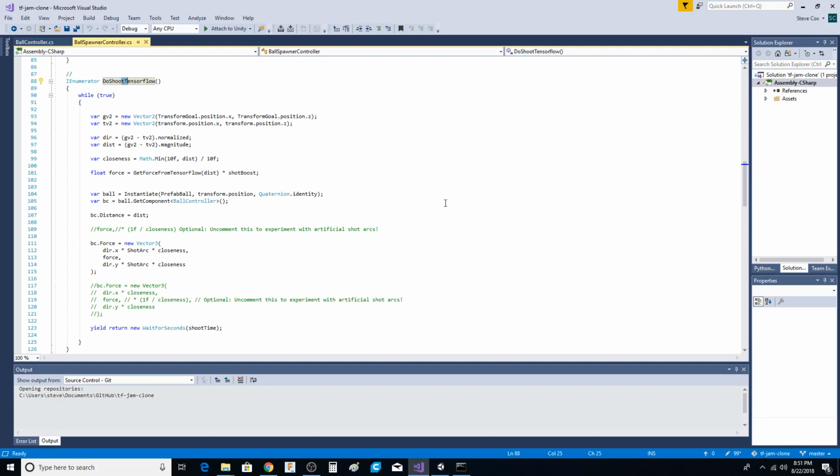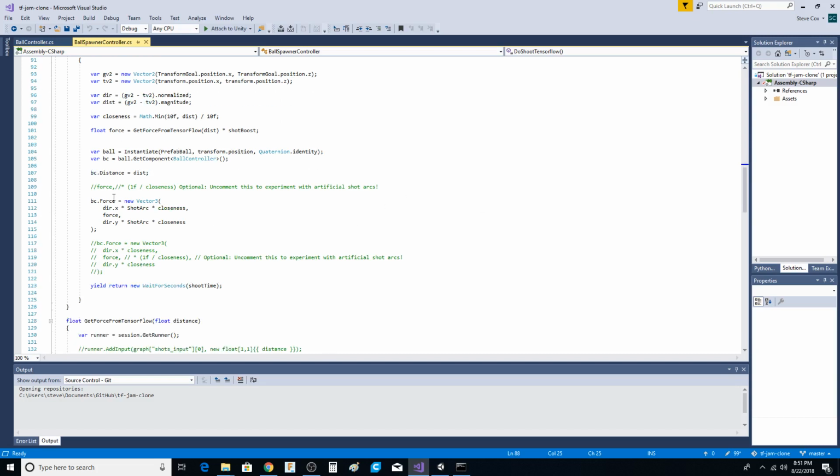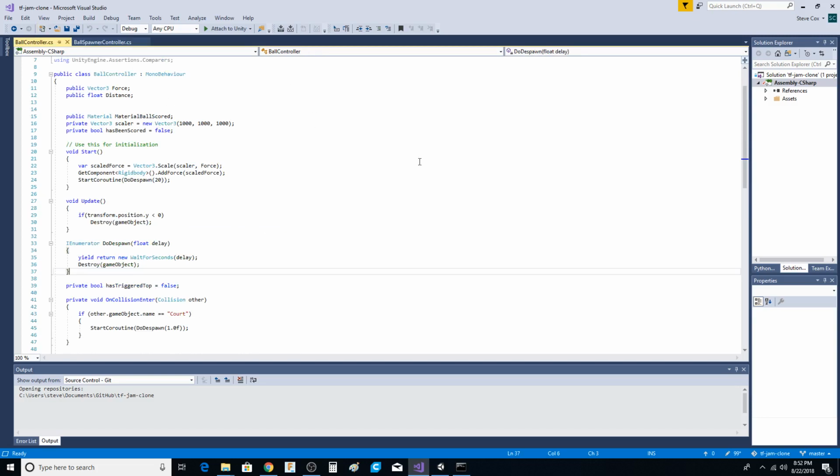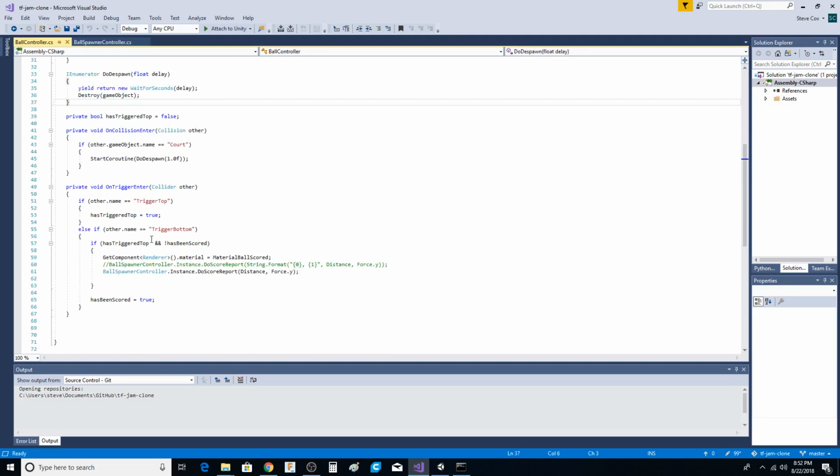This is the coroutine that's running, and you can see he's got direction X, force, direction Y, the shot arc. I'm not sure why we need that, but we're set. We create the ball, and we set its distance, and we set its force. And the thing is that as the ball is flying through the air, if the ball does actually go through the trigger, and if it makes it, then we